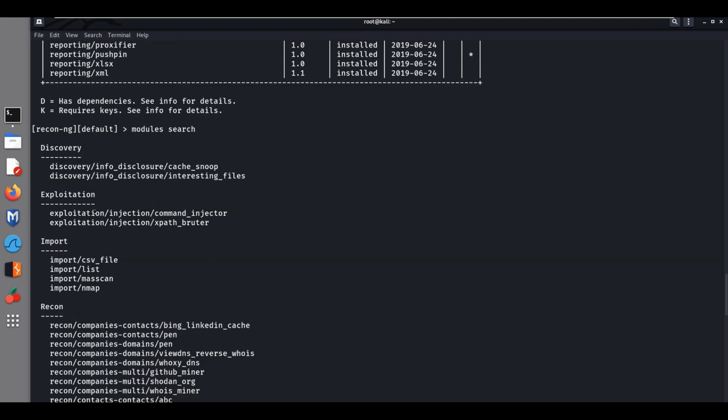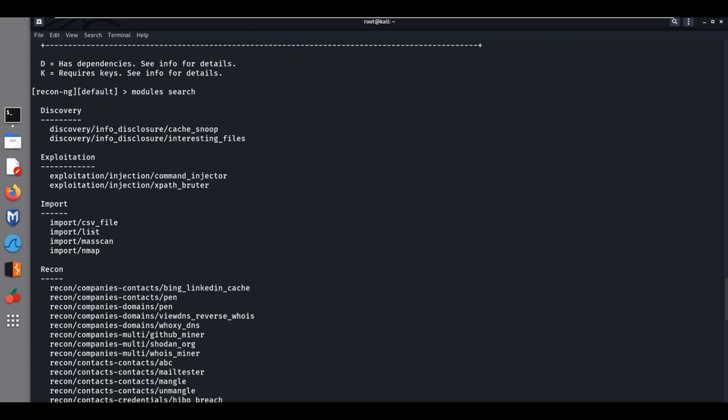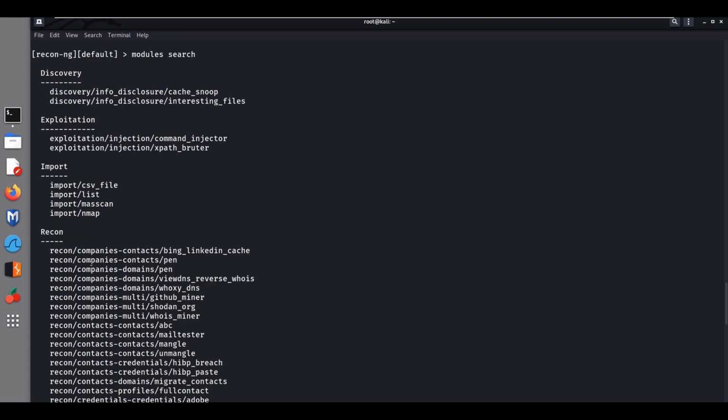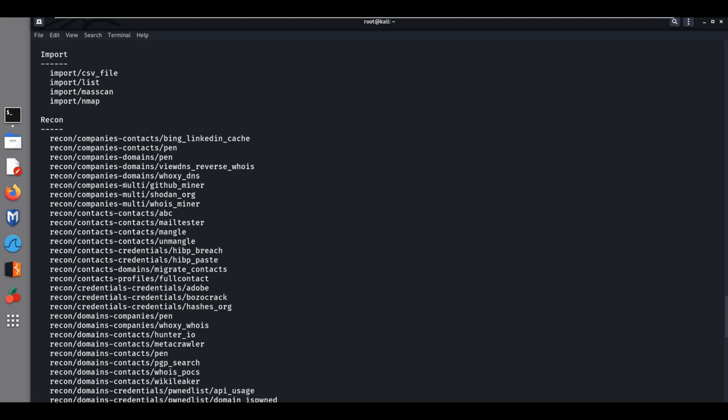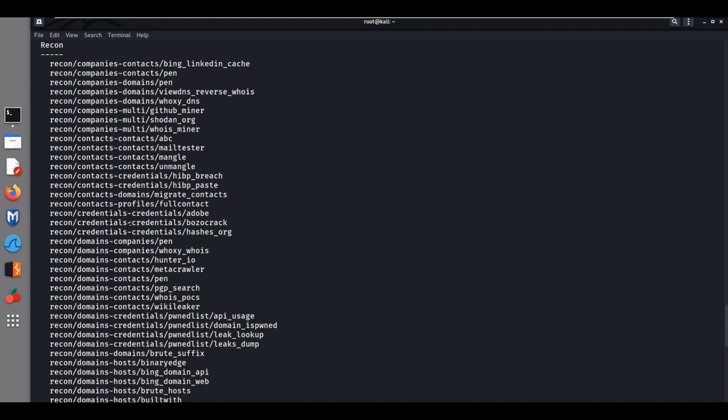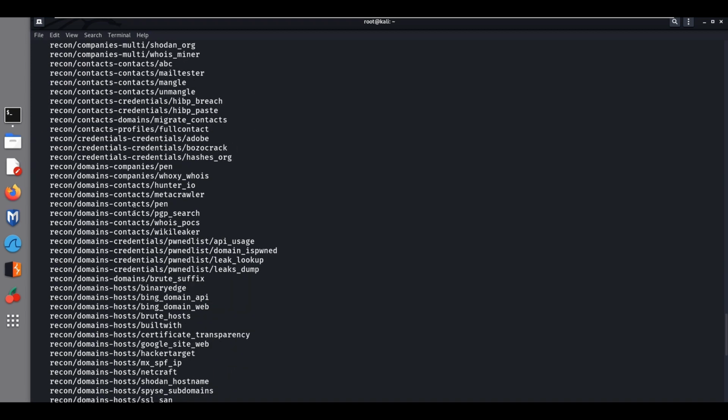Then for exploitation, we can use exploitation/injection/command_injector and exploitation/injection/xpath_bruter. For import, whatever we want to import, like a CSV file list or masscan and nmap, we can use these three modules. Then for recon, we can use companies and contacts, and domain names. There are various domain names for different websites.